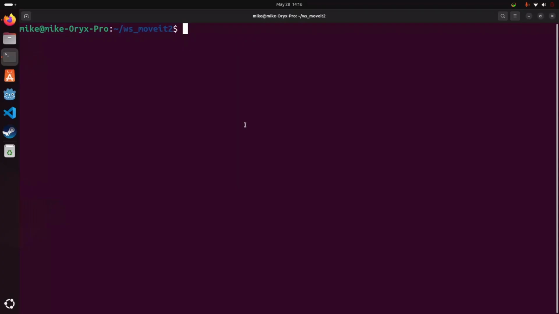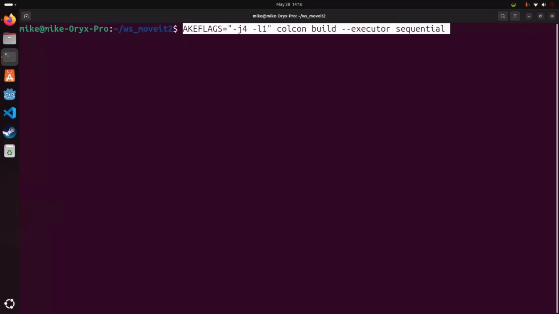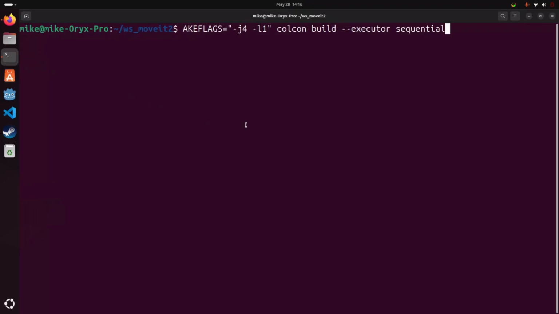You can use a different build command which is specified by the MoveIt tutorials, which will reduce the number of packages that can be built at the same time, and using the executor of sequential will only build one package at a time to make sure that you can build it properly. So I can execute the build command in this workspace instead,